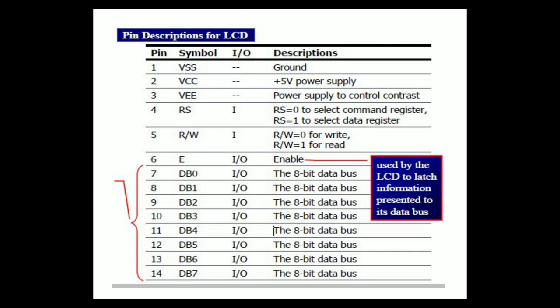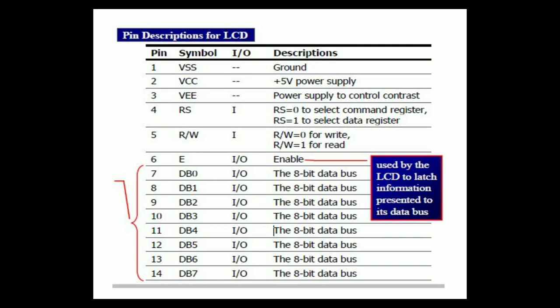Suppose you want to read whatever characters were displayed on the LCD, then we have to assert RW equal to 1, which is a very rarely used operation, because our job is to send data to the LCD. So 99% of the programs we write will have RW as 0. In very rare cases, suppose I am interested in reading the characters on the LCD, I'll be using RW. Why is it not used so much? Because on the panel display, you already have the characters. Suppose you are reading the same character and want to send it to the controller, then we use this particular operation. Very rarely used.